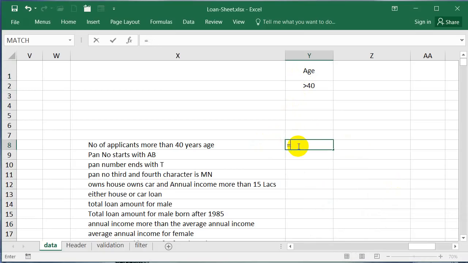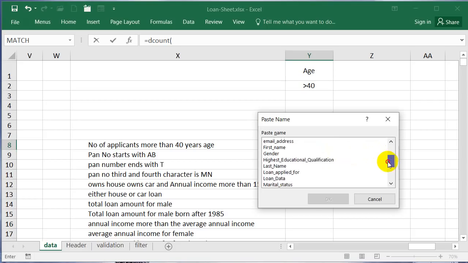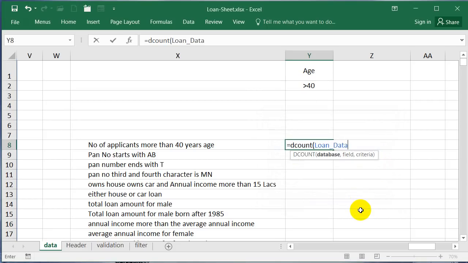So I want DCOUNT, database is what? Press F3, you get loan data, right? Now field, because it is count, you can put any field here, but the condition is that that field should have numerical data, right?